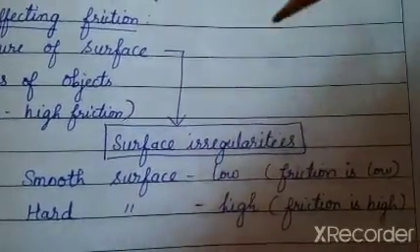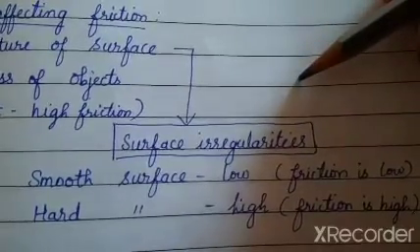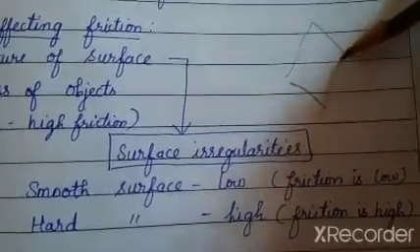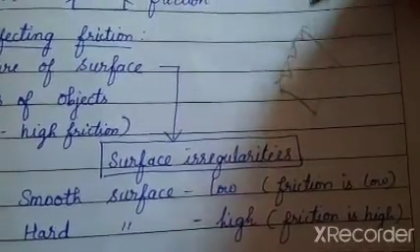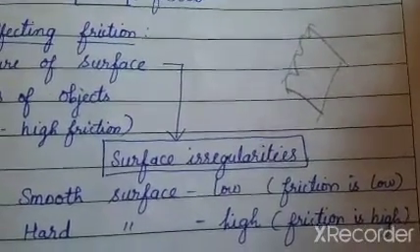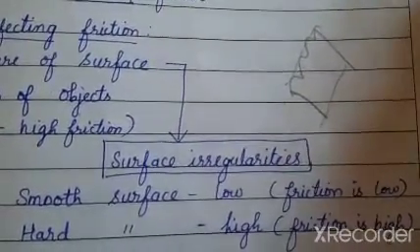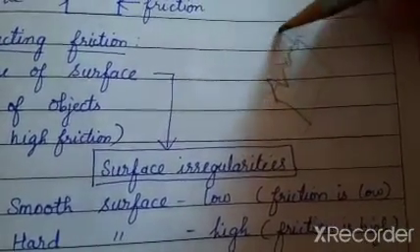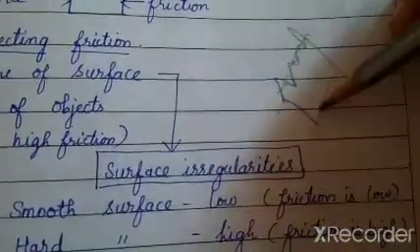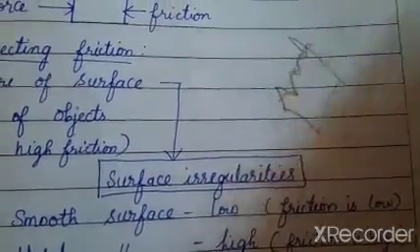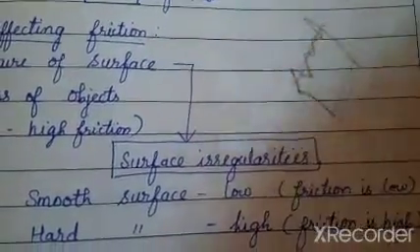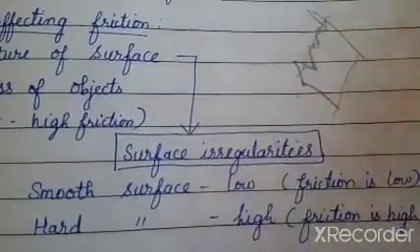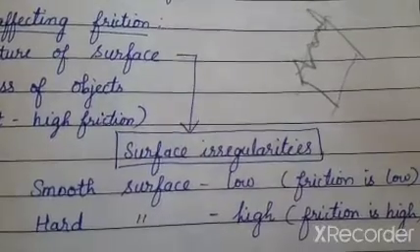Surface irregularities are nothing but, all the objects will have a kind of irregularities on the surface, though they appear smooth to us on the outer surface. When I have a microscopic view of the surfaces, they have some kind of irregularities like this. Even though the outer surface which appears to us is smooth, all the layers are having irregularities. So by overcoming these irregularities only, we move from one place to another, we push or pull a desk.